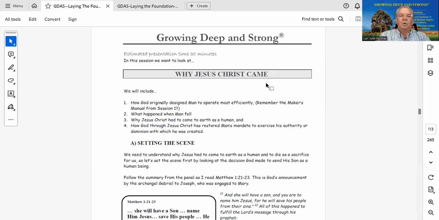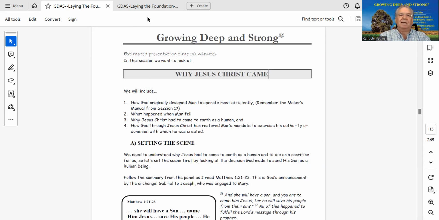We will include 1, how God originally designed man. Right, so I'll put pencil marks through that so that I pace myself and all the words don't flow out in one big burst. It also helps you just in your own place to be able to read it out properly. It's your choice on how you make it work, but definitely read it out beforehand. So that's how your manual looks on every one of the topics.